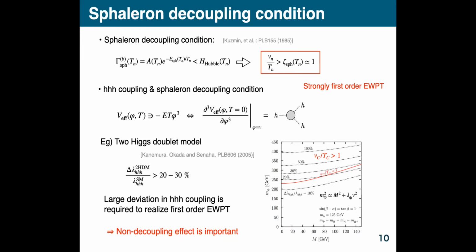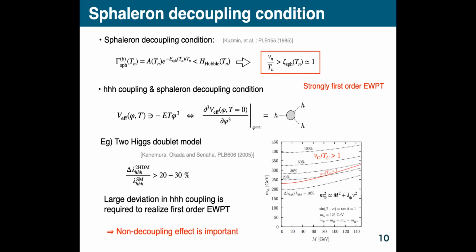So maybe I ask the same question. So this eta vanishes when T equals 0. But on the other hand, the right hand side is the cubic term at zero temperature. So in this sense, they are completely independent. Yes, exactly. This is a very naive expectation. As you pointed out, when we take the zero temperature limit, this coefficient does not affect. But you are claiming that they are actually related in some way.